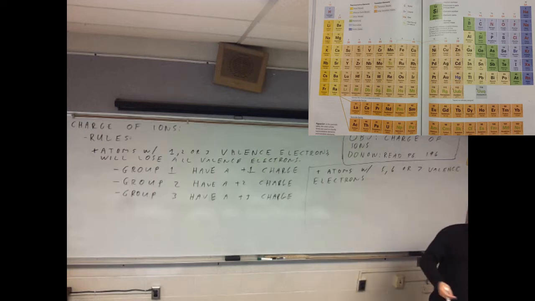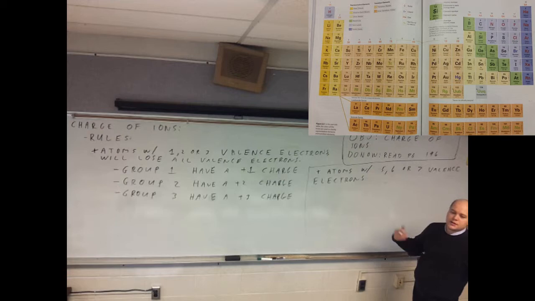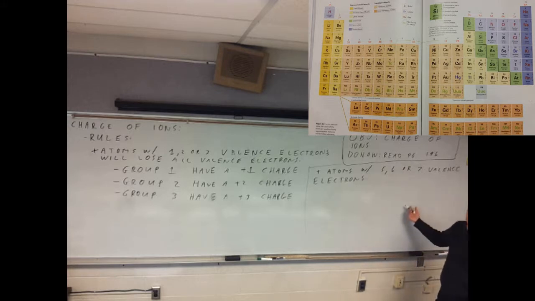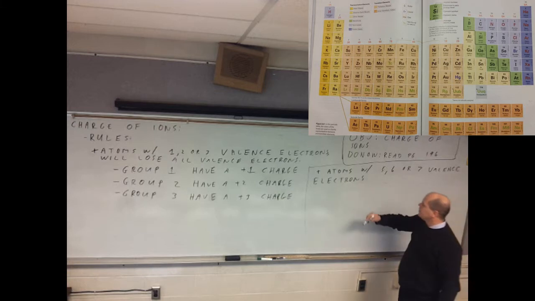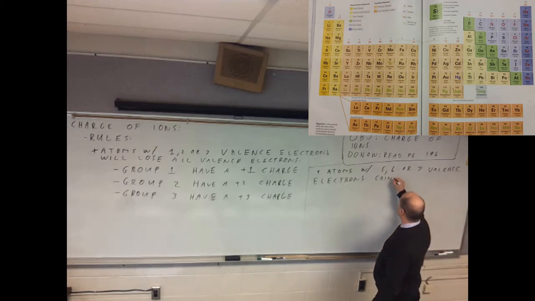And I told you guys this a long time ago, right? If they have a small number, it's easy to lose the electrons, and then the next lower shell is the full outer shell with 8 electrons. If they have a number that's close to 8, 5, 6, or 7, closer to 8 than it is to 0, then they just gain a few. That's the easier thing to do. So these gain electrons